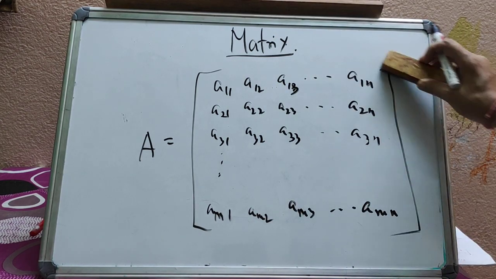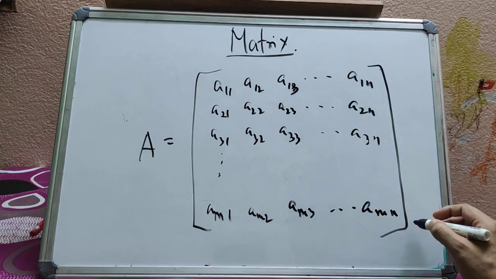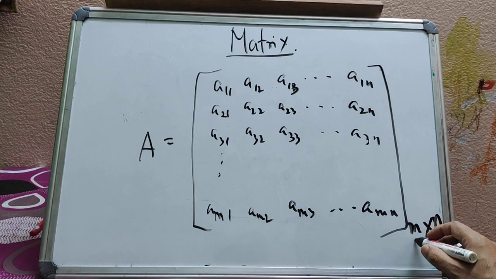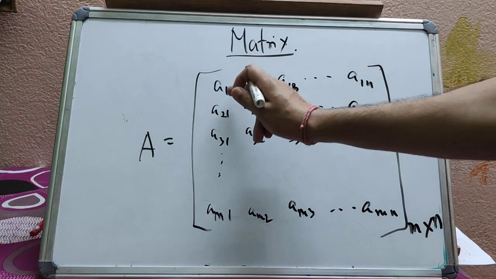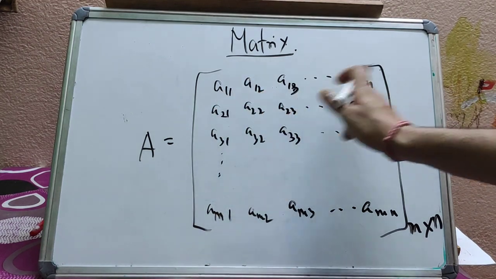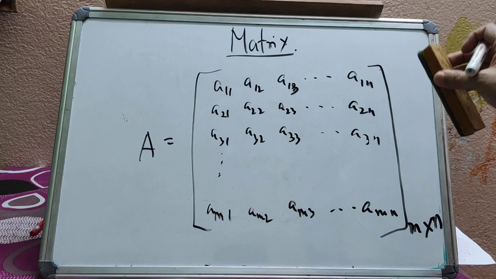So if we write the order of this matrix, then we will write it as m cross n. The m is the number of rows, so there are m number of rows, and the second digit is the number of columns. N number of columns is there. So in short we may write it as